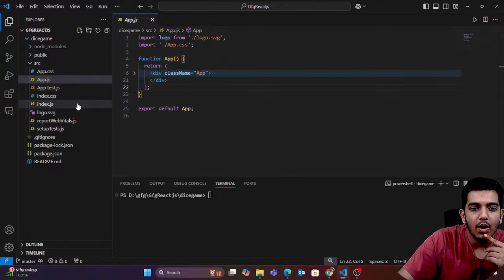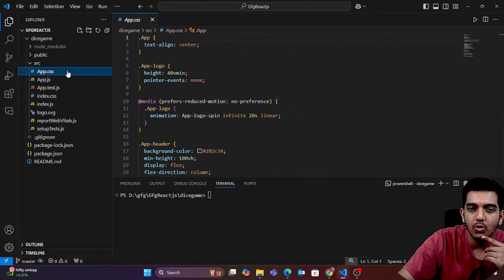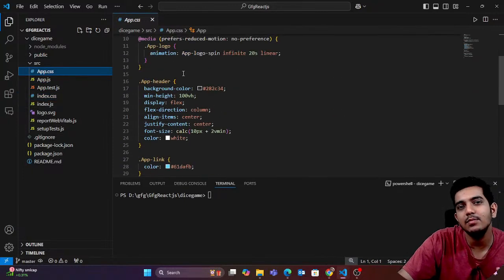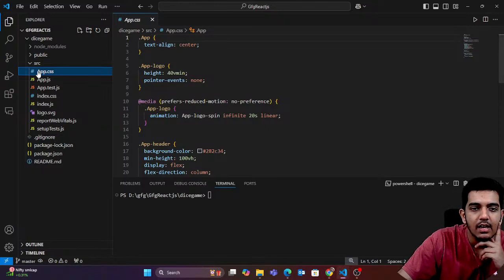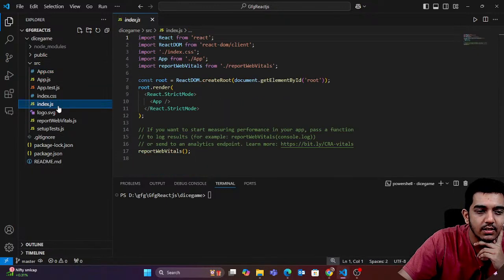Okay, so if I go to index.css, if I go to App.css, you can see that this is the same CSS which we have learned, right? And then if I go to index.js,